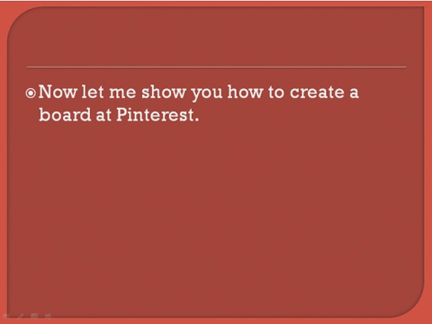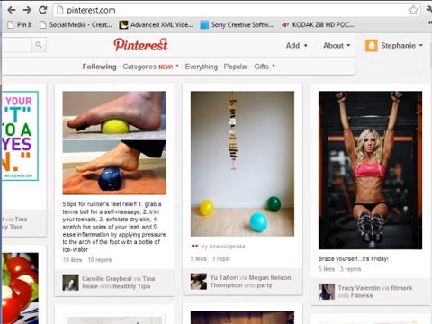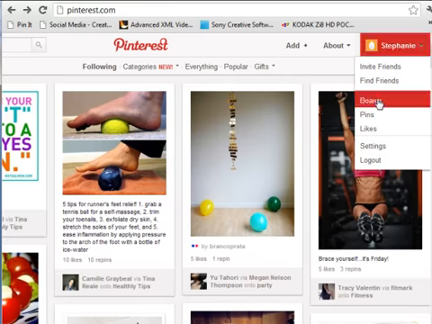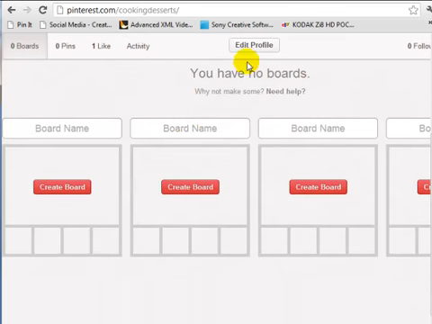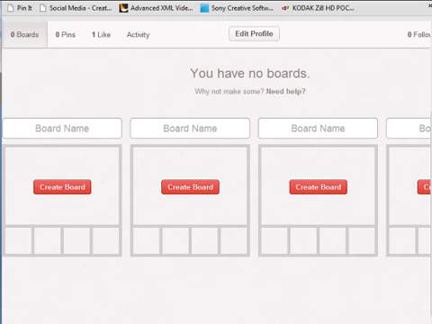Now that I have given you some ideas of what avenues you can take, let's go over to Pinterest right now and let me show you how to create a board. To create a board, all you need to do is scroll over to the right and underneath your name, click on Boards. And at the bottom here, it says you have no board. So what we need to do is simply